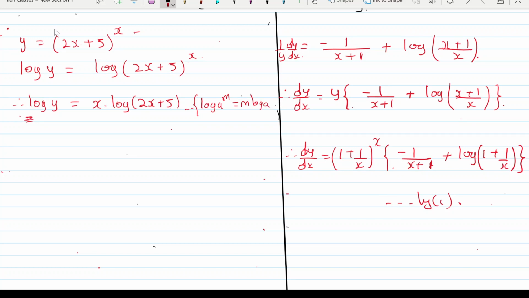Okay. So differentiating, so second step हो गया, we are on the third step, differentiating above